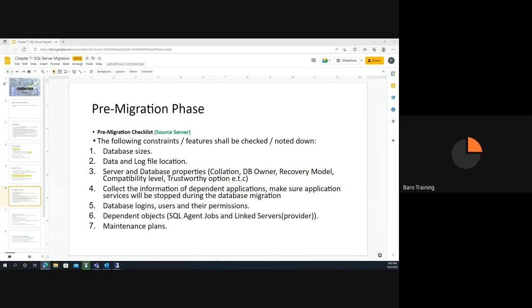And then what are other ancillary objects? For example, do you have SSRS? Do we have an ETL package, SSIS, or Analysis Services? And other applications, you need to make sure all those services will be stopped. For example, if after you migrate, an application still writes to the old server with insert, update, delete, there is a good chance of losing data. So you need to make sure all those applications that are dependent on the server you're going to be upgrading and migrating to a new server are completely stopped, and then everybody should be communicated,